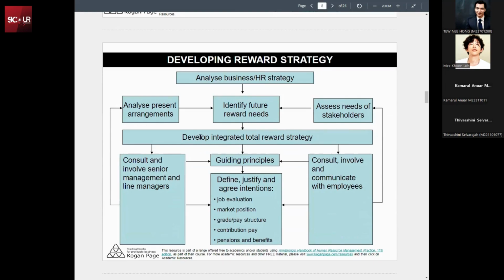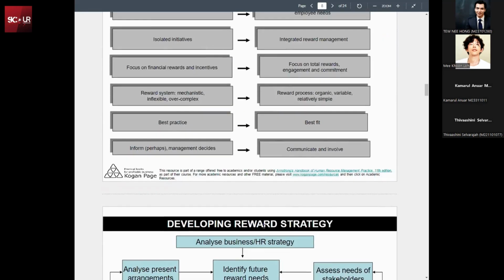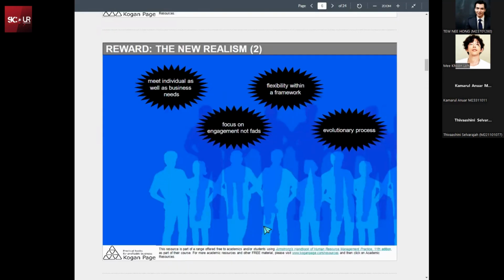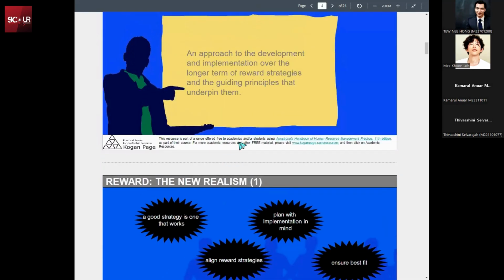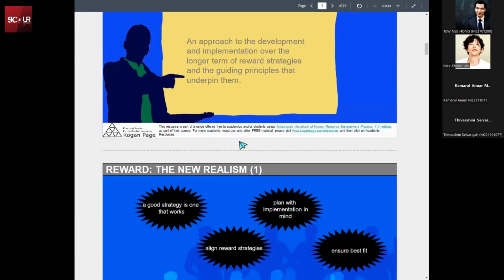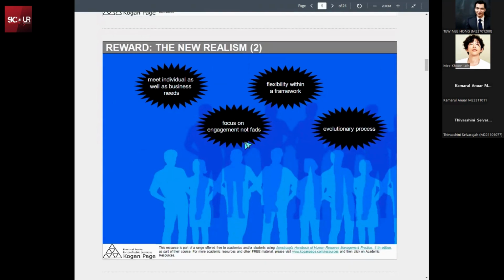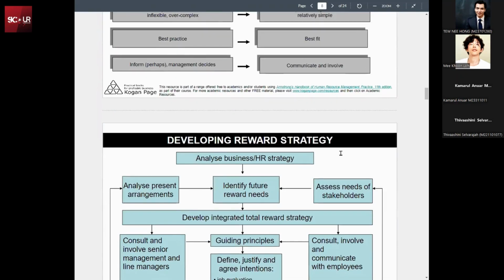Okay, we need to develop an integrated total reward strategy, guiding principles, okay, define, justify, and agree on the intention, the job evaluation, market position, all of the first structure here, all of the process. Putting together everything, then get consultation,